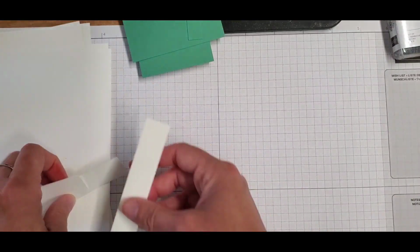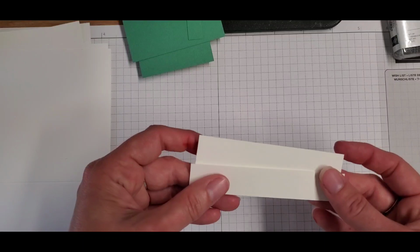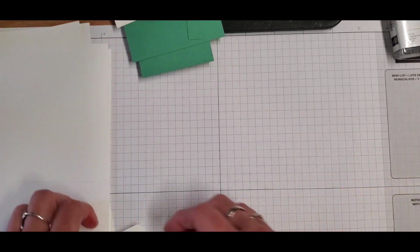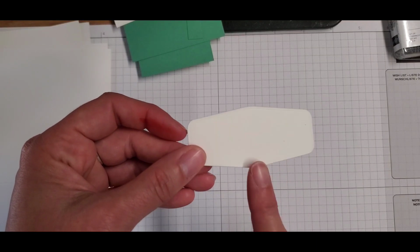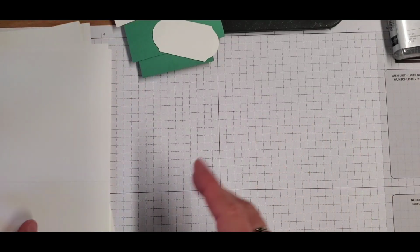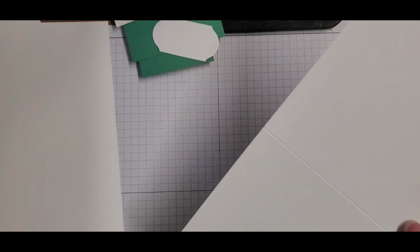You'll also need 2 strips for your sentiment. These measure 3/4 of an inch, and one is 4 inches and one is 3 3/4 inches. And then I used one of the labels from the Tasteful Labels dies, and then the Timeless Label punch for my other 2 sentiments. And then you need 4 card bases. I just used the Whisper White card base,